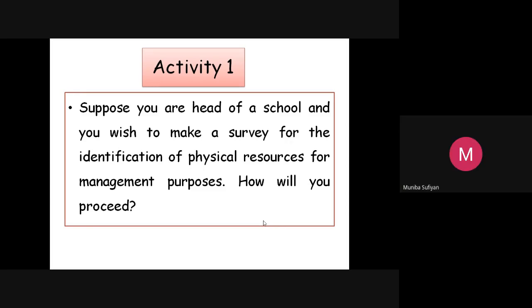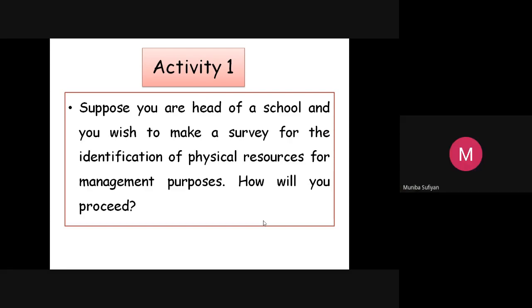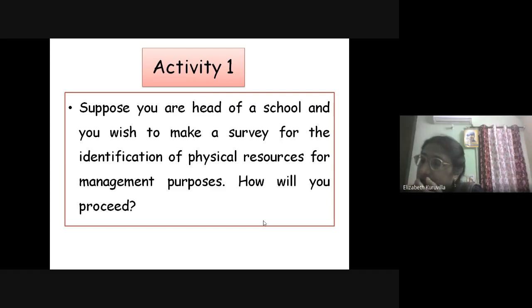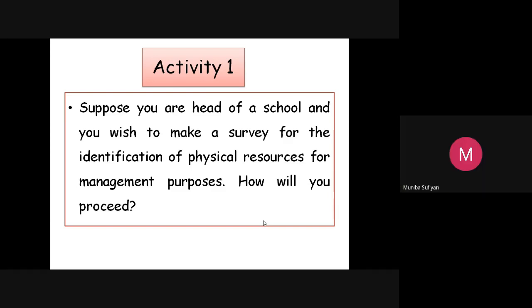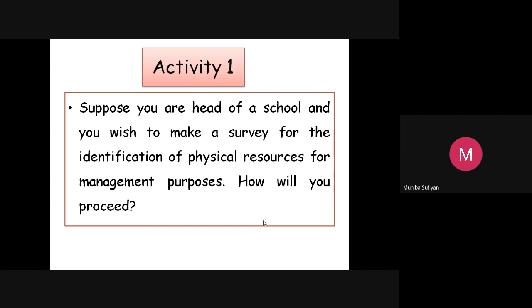What will you do if you are the head of a school in this situation? Firstly, identification of the available resources. And after that, it should be classified into the various types of resources we have. Those that are under finance should be under finance, and those that are tangible and intangible ones. Then after that,